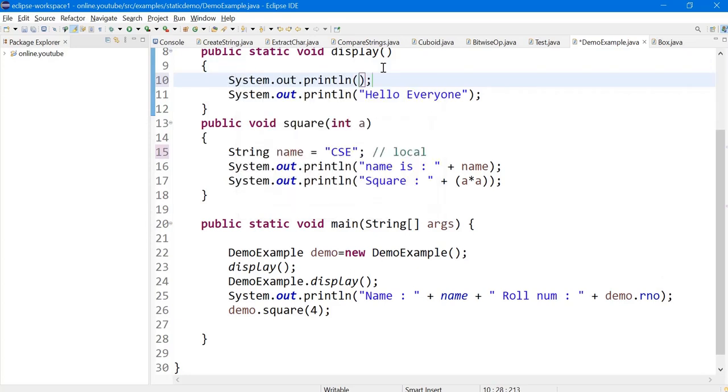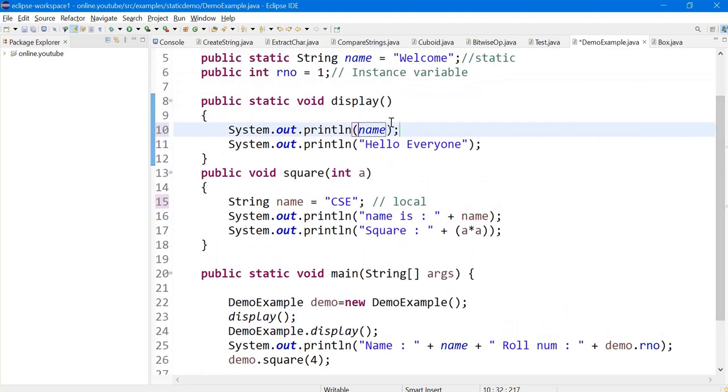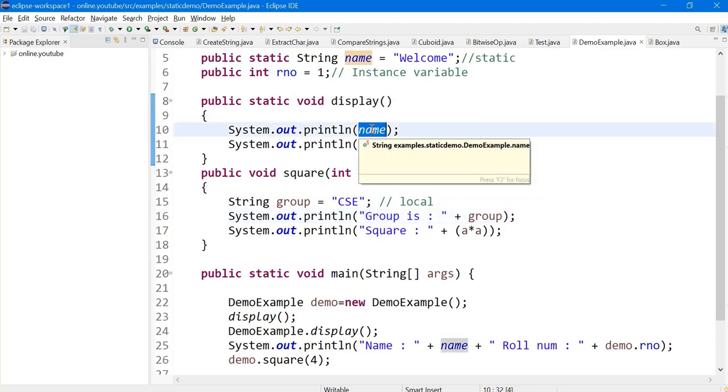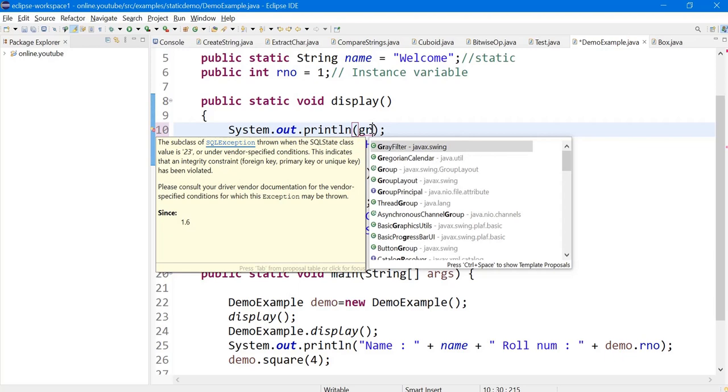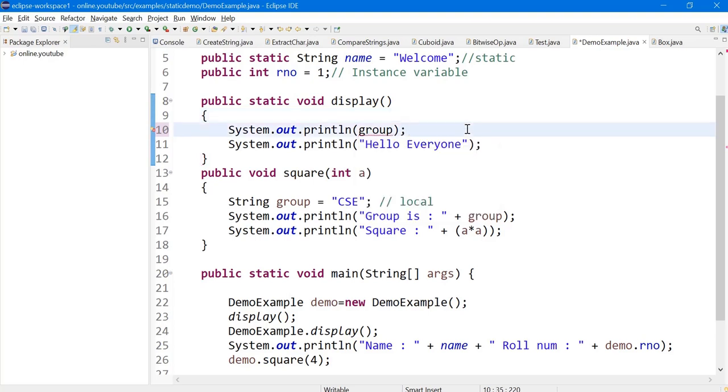If I try to refer to this local variable inside another method, look at what it says: there is no variable which it can access. So this statement remains invalid. That means no other method in the class can refer to this variable. So this is the difference between the static variable, instance variable, and the local variable.